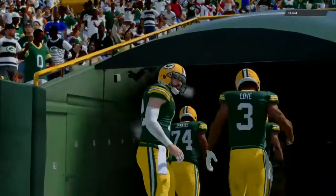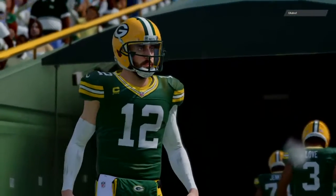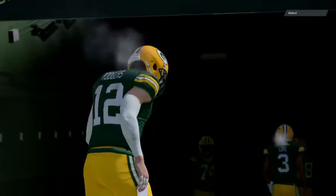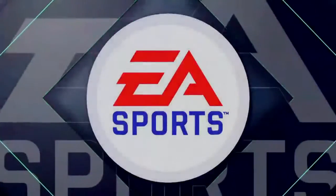And as an offensive coordinator, you just don't think you can do anything wrong. Whatever you call, run, pass, it's all going to work. That's called being in the zone. So for the Cards, they just keep